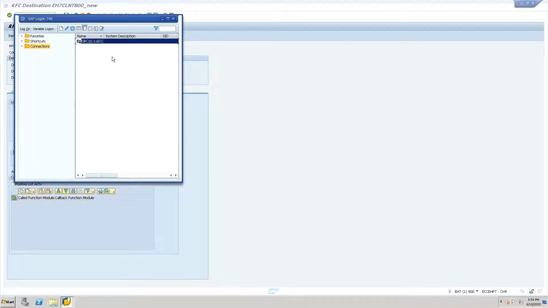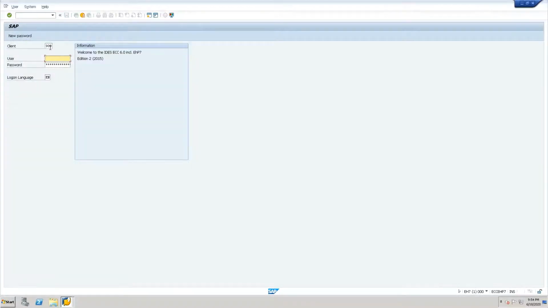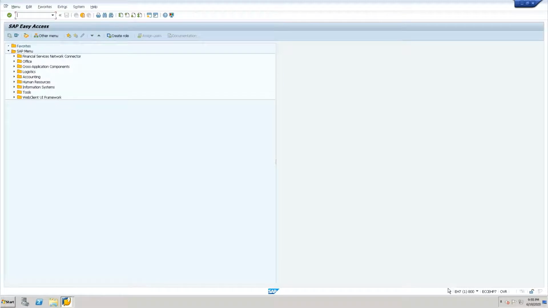I can see right now, this is the 800. And what is the ID? I said GRC backend. Here let me put the password. This is the GRC backend system.